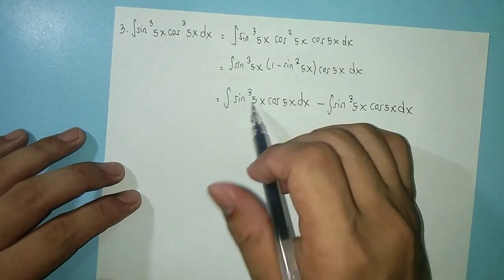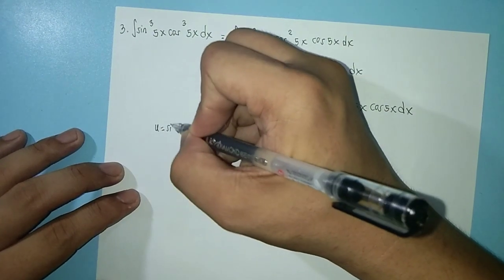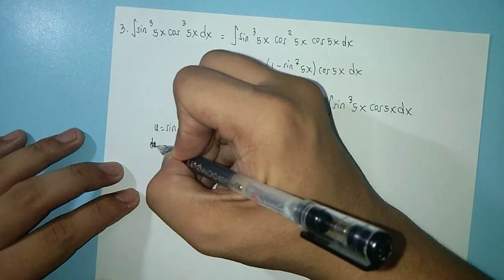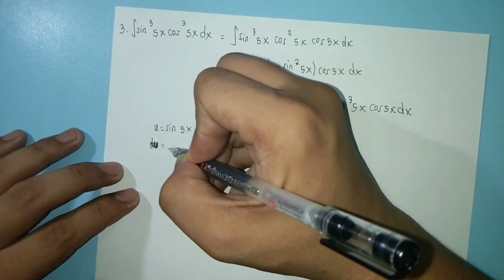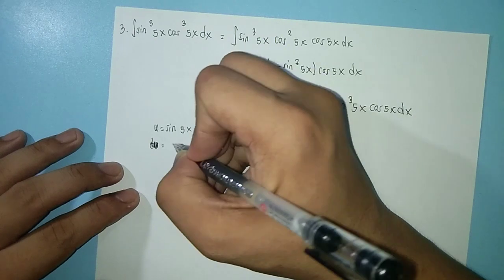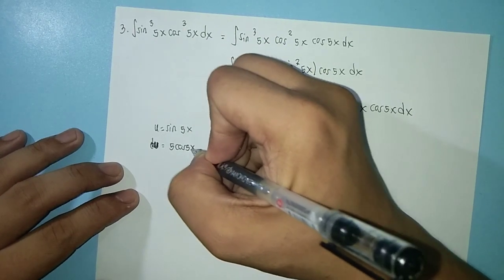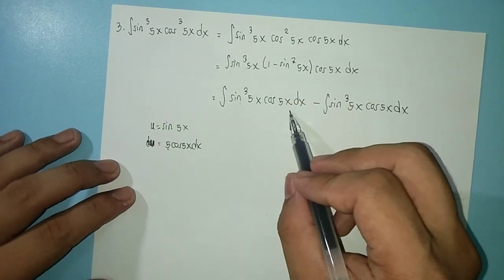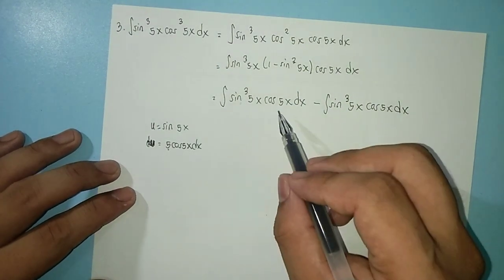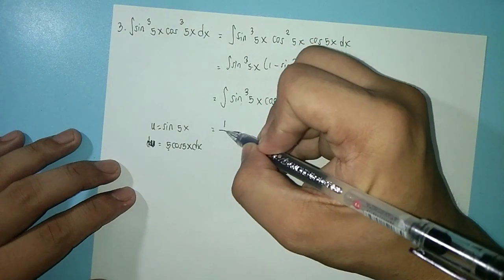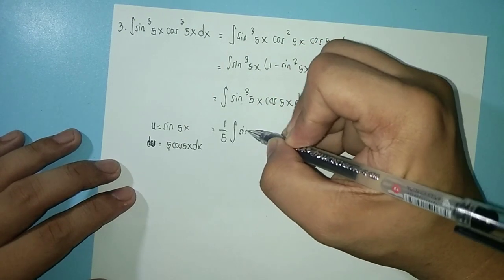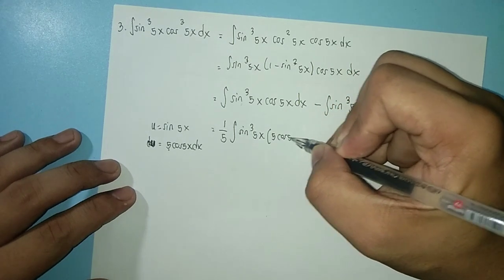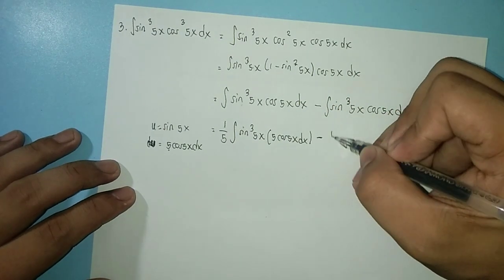Okay, so ang u natin dito ay sine 5x. Mas madali kasi pag sine yung u. Kasi ang cosine niya, ang du niya, derivative ng sine positive. Cosine 5x, derivative ng 5x. So 5 cosine 5x dx. So ang kulang lang natin yung 5. No? Kasi cosine 5x dx na pareho. So maglalagay lang tayo ng 5 dyan. So magiging 1 over 5 integral of cube of sine 5x 5 cosine 5x dx minus 1/5